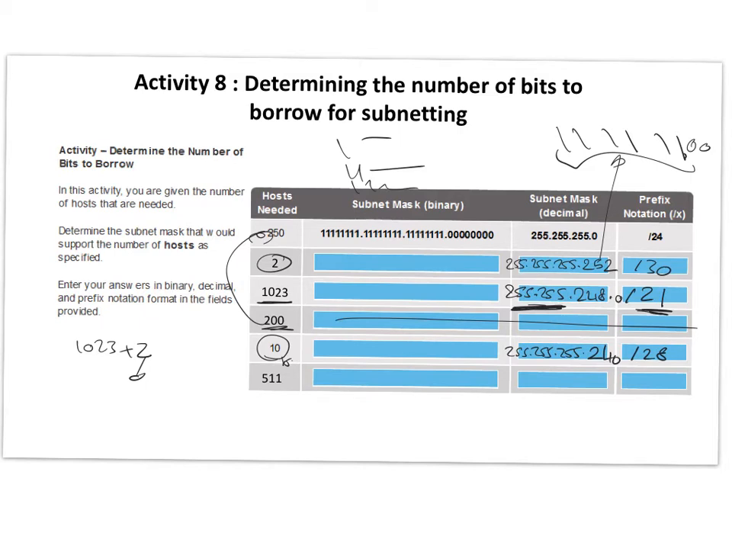Okay. If we have 511, again, that's another number on the boundary, and I put it like this on purpose just to make sure that the concept is clear in your mind. So 511, so I need 513. If I have 9 bits, this will give me 512. So I need 10 bits. So this should be /22. 32 minus 10, so 22. This means that